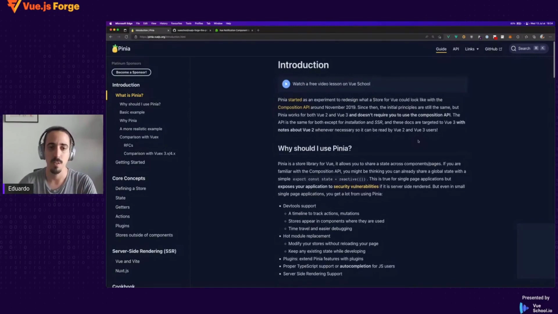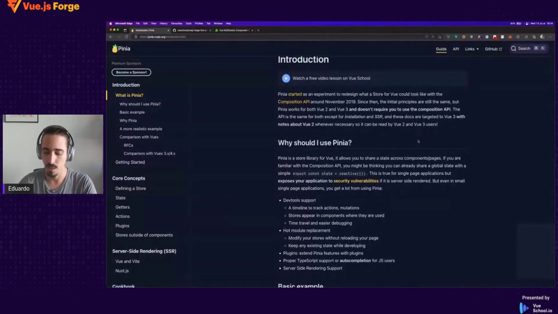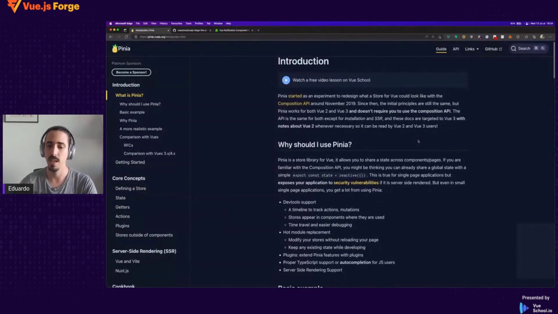Now, the idea of Pinia is really to extract the state that is not meant to be in any of your components. We can call it some kind of global state, put it in what we call a store, and then be able to access the store in any component. In this way, you decouple the life of the state from components, because usually when you have a component